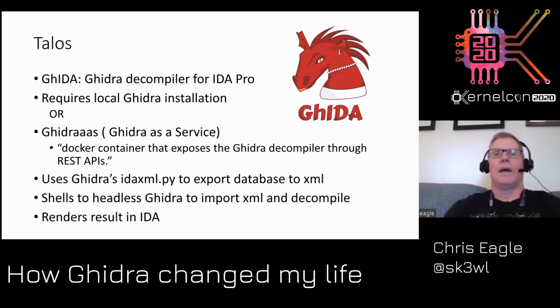idaxml.py. And this is an exporter for IDA databases that you run from IDA, and it harvests various features from the IDA analysis and your IDA database and saves those features to an XML file. And you can then import that XML into Ghidra. So Ghidra recognizes a lot of file formats just like IDA does, PE files, ELF, and so on. But it also has an XML importer